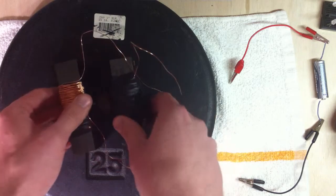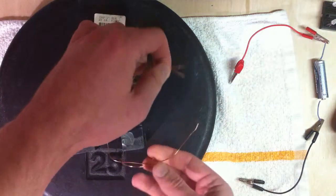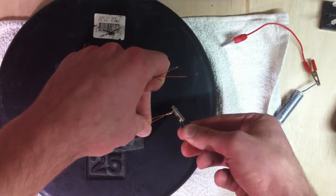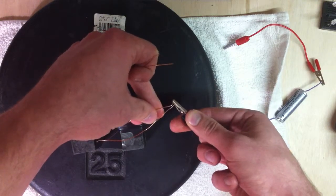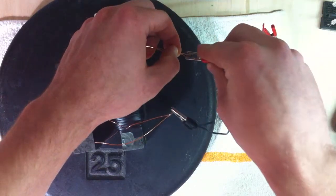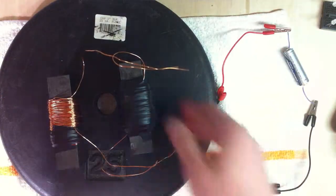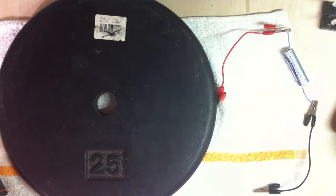So yeah, I'm going to give this a try, actually hooking them both up at the same time. I haven't actually tried this. This is the first time I'm trying that. See if maybe this will work. Who knows? Nope, not quite. I could definitely pull harder, but it's